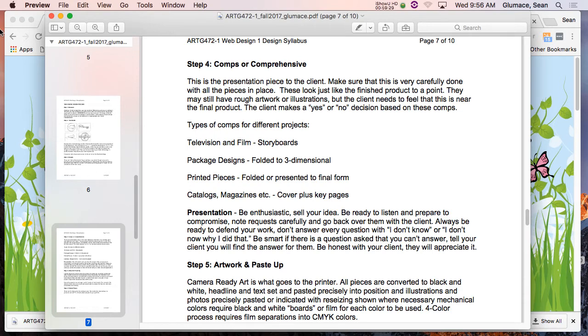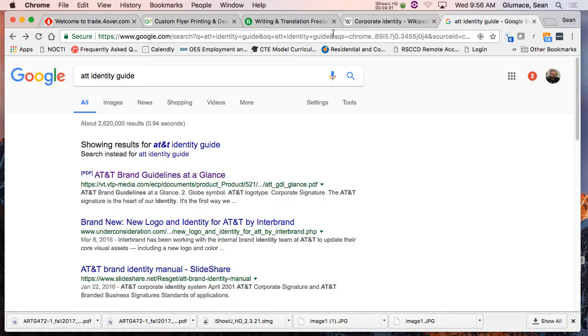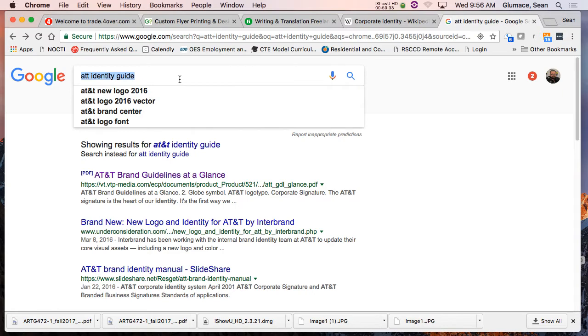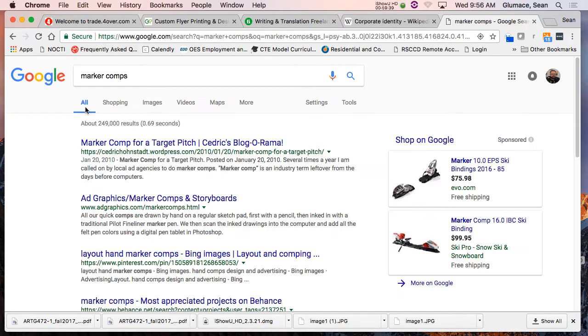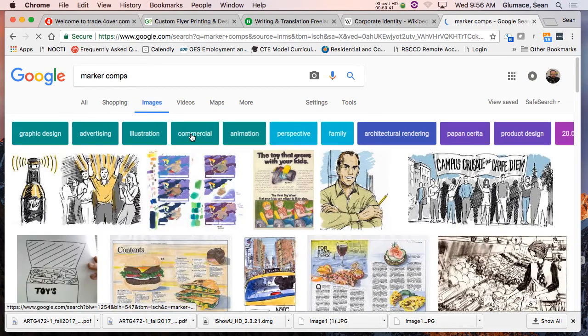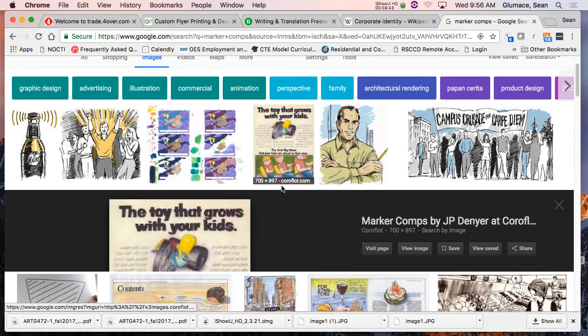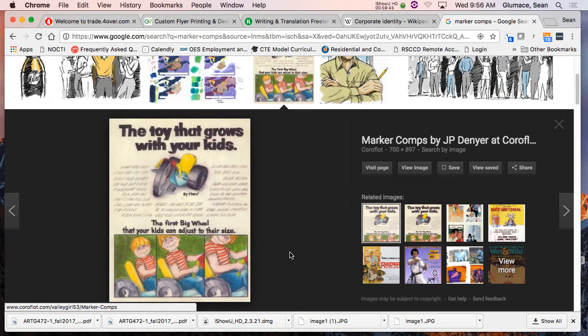That type of thing. And what's sad is we don't do comps. I shouldn't say sad. It actually sucked. I learned how to do it this way. Marker comps. Anyone ever do marker comps? Nah, good. This is how we did work before the computer. How did we do something that was manual and not spend a ton of time actually doing it and still show the client something they can make a decision on?